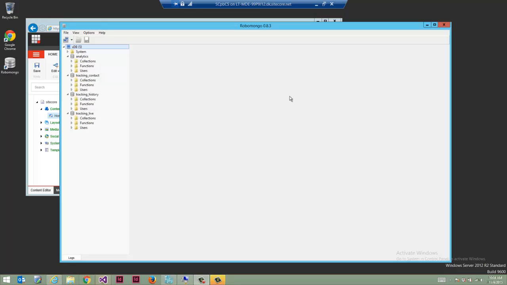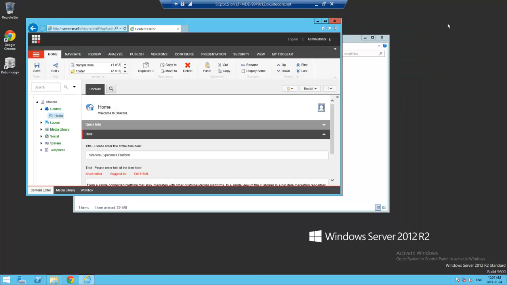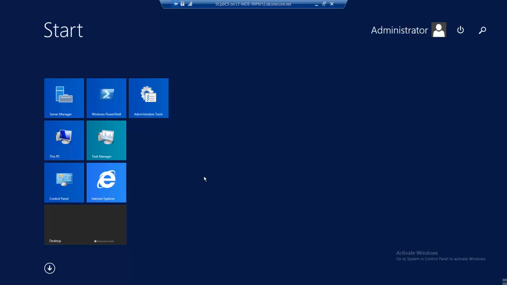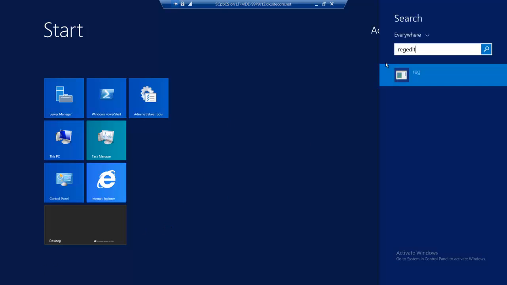Okay, so in preparation for the installation of Commerce Server, we're going to do a post-install step, and that is modifying a system setting in the registry in order to allow an increased web config size. Now, this is necessary for Sitecore powered by Commerce Server 8.0. It will not be necessary for 8.1, so this is one of the things that is done as part of the simplification process. And so we're going to launch regedit,